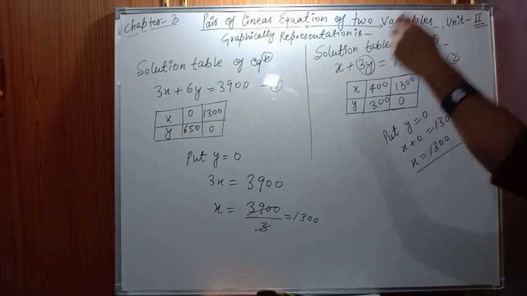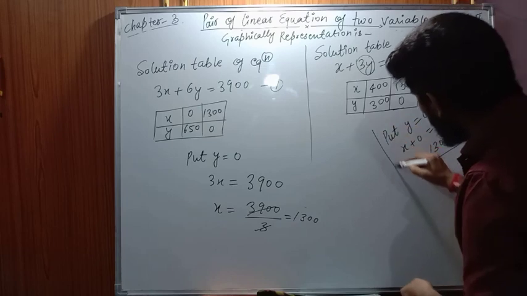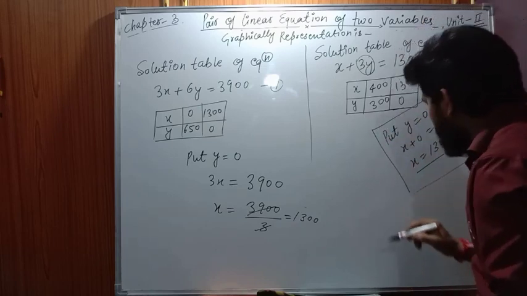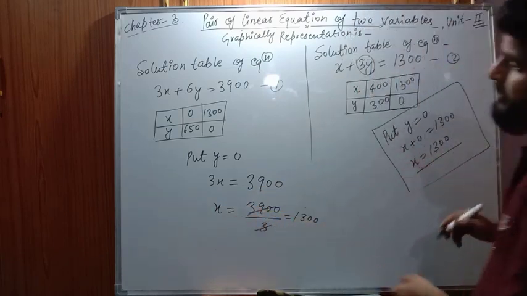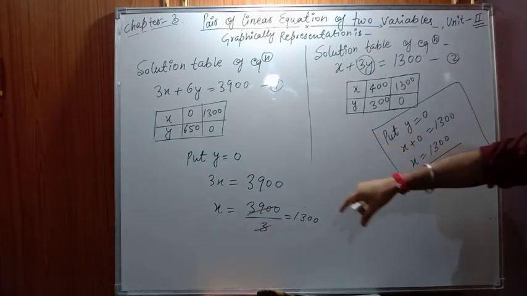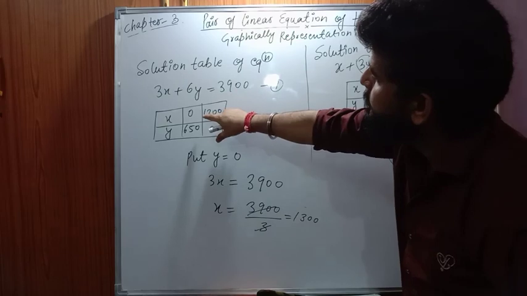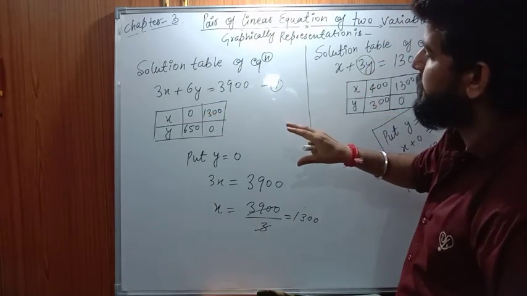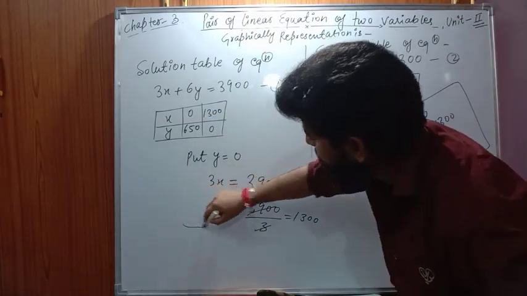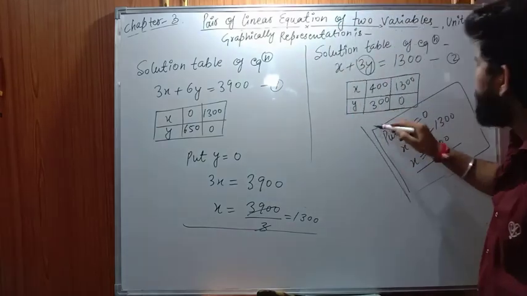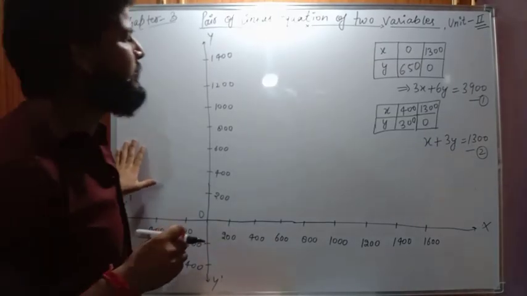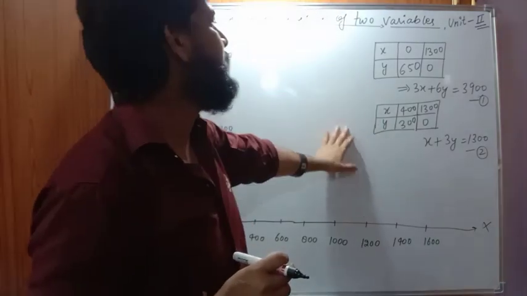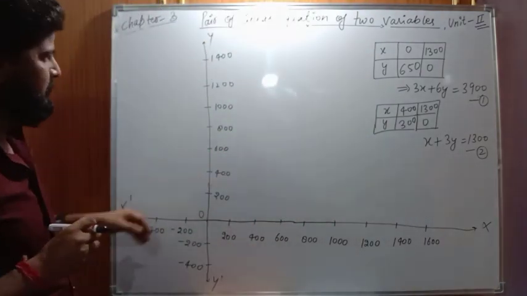See, no need to do the complete calculation of this in the solution. आपको जरूरत नहीं है कंप्लीट कैलकुलेशन जो पुट करके हम दिखा रहे हैं ये आप सॉल्यूशन में दिखाएं. अगर ये आप डायरेक्टली कर सकते हैं तो आप डायरेक्टली सॉल्यूशन टेबल फॉर्म कर सकते हैं. ओके, नो नीड टू डू दिस कैलकुलेशन. So now we will make a graph of these two pair of linear equations of two variables.